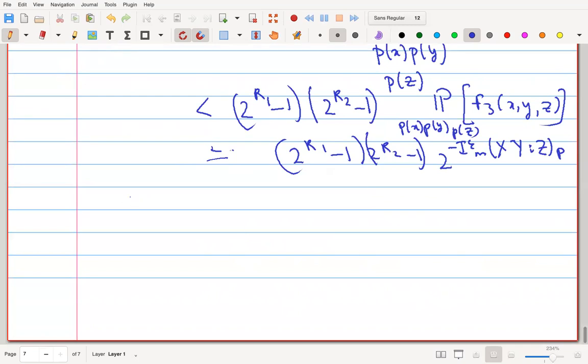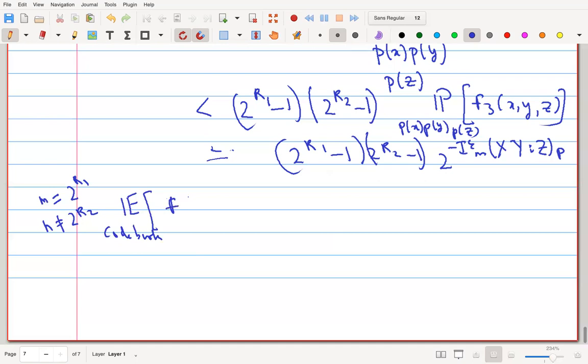Now we are looking at a case where M equals 2 to the R1, but N is not equal to 2 to the R2. So now the expectation is over one code book and the channel. 2 to the R1, comma 2 to the R2 was sent, but Charlie mistakenly thinks that M comma N has been sent. So this will happen. The expectation is over the choice of the code book and the channel, but I'll not write the channel here.